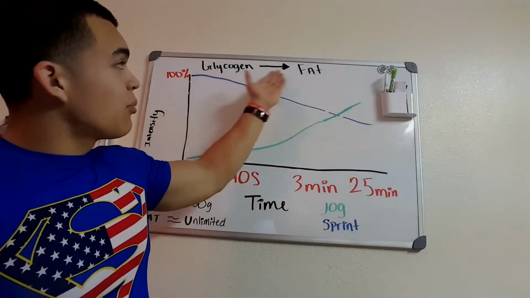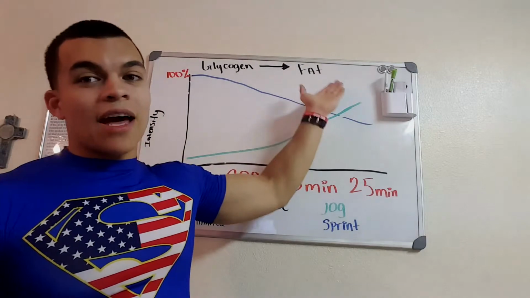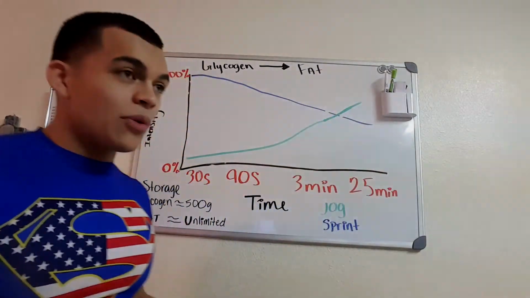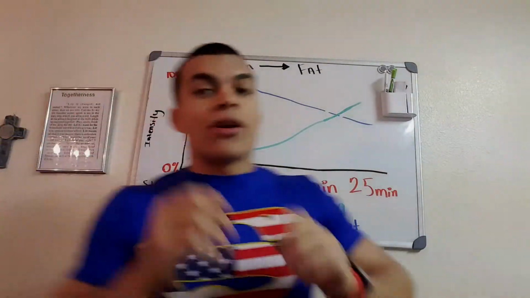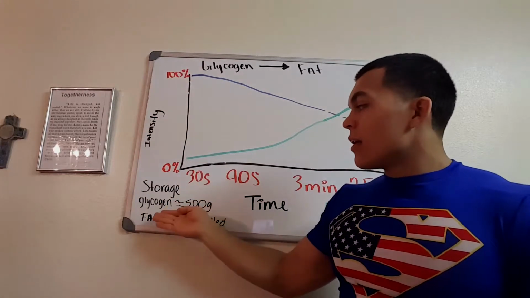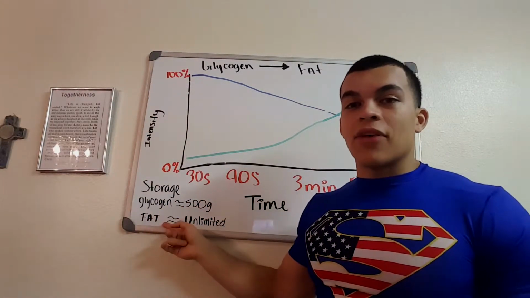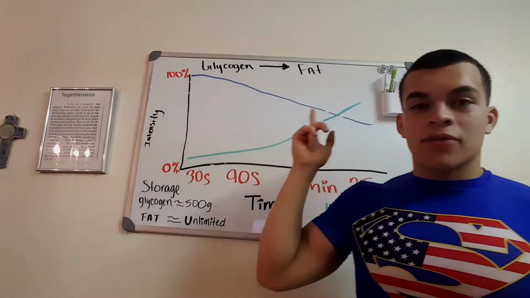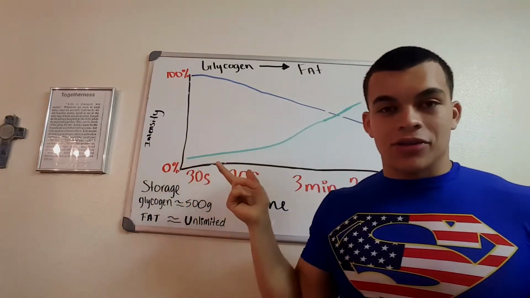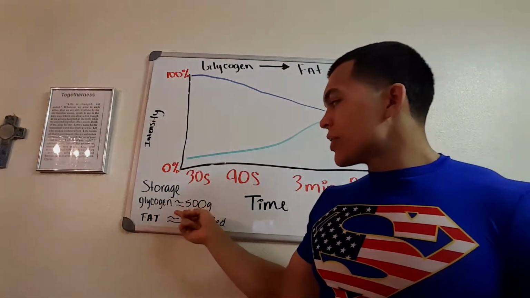But basically, at some point, you will start burning fats for fuel. The thing with that is that, sorry, I'm moving back and forth. But the storage in your body is fats are unlimited. So you could be running for 3 years and still not burn all the fat. You see what I'm saying? Now, the glycogen